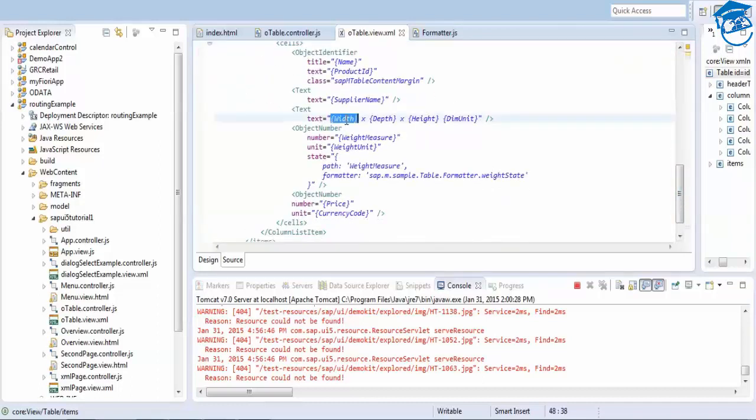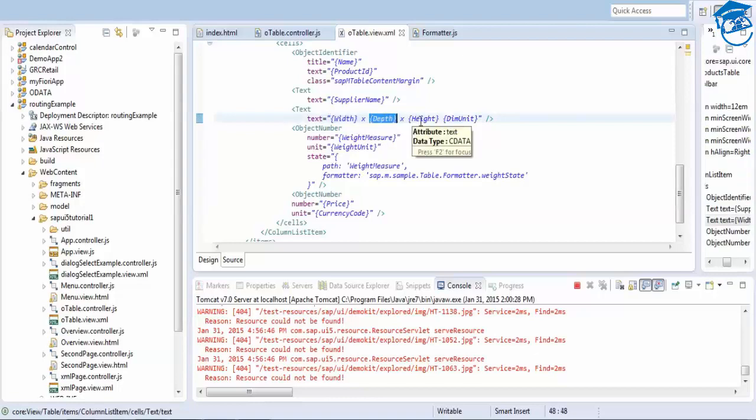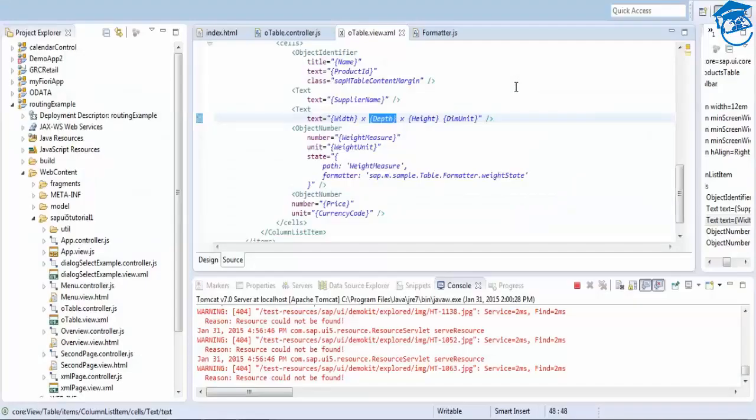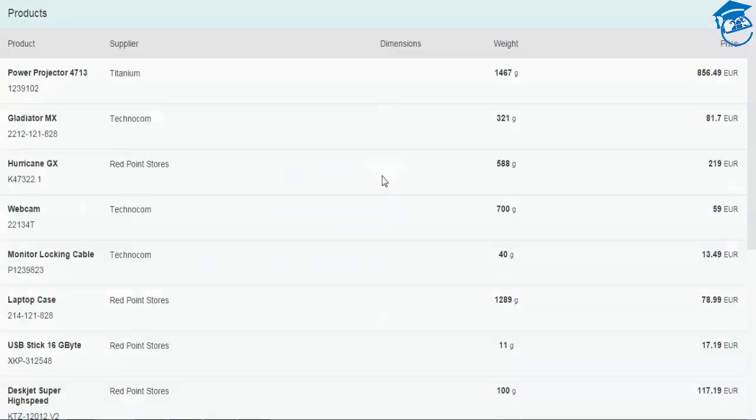So there is width, one second, the weight is coming 124.67 G, but this value is not changing the state, so it is not going to this formatter then. So what we have to do, SAPUI5 tutorial 1 dot util, you have to use it, and once we refresh,